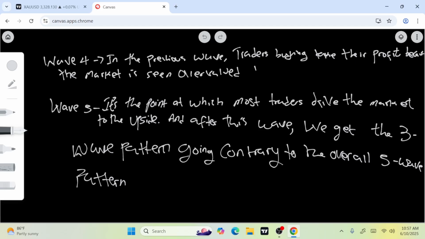For every market structure to be formed, it must give you your impulsive and retracement moves. Yes, for every market structure to be formed, it must give you impulsive retracement. Those impulsive retracements are what we refer to as waves. So your first impulsive movement is the motive of that particular overall trend. It will have to retrace that motive for us to have wave 2. And it continues like that: wave 3, wave 4, wave 5.